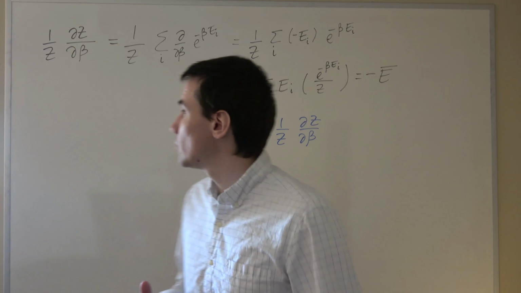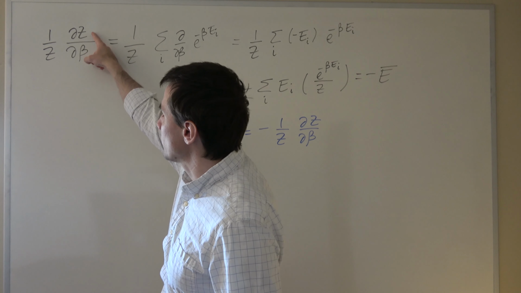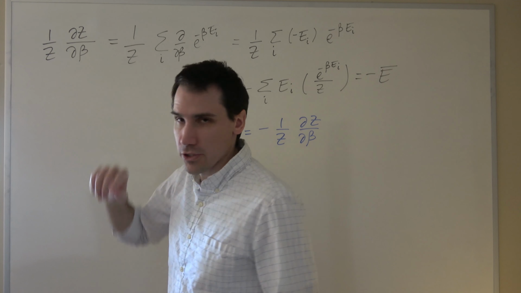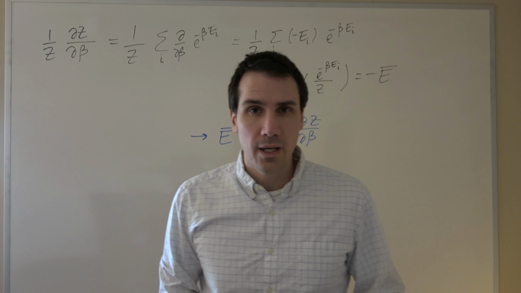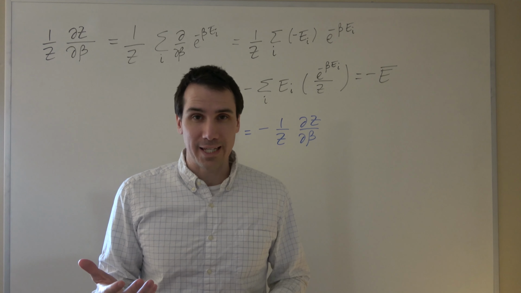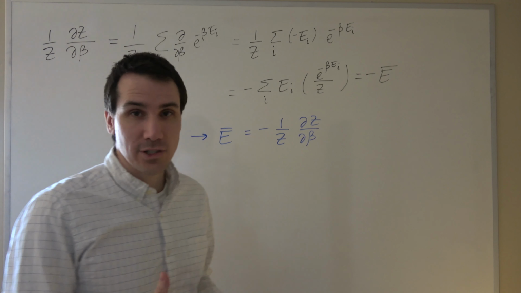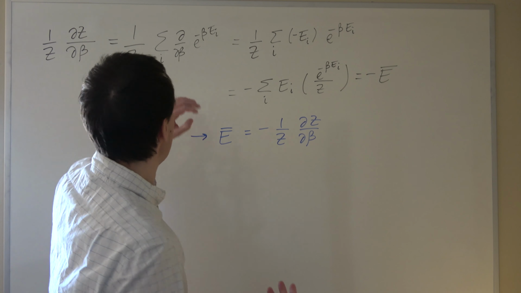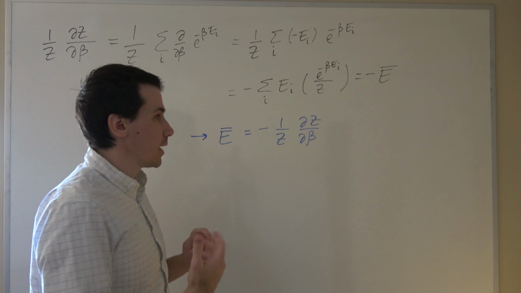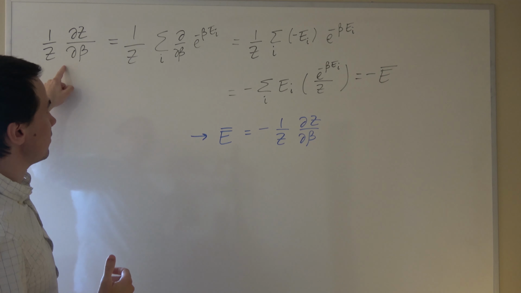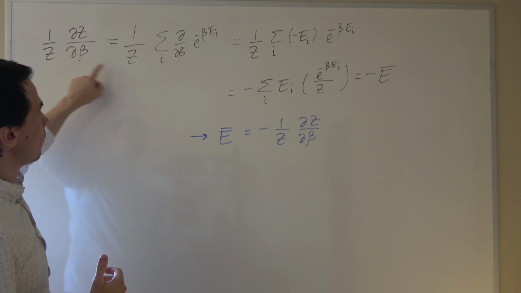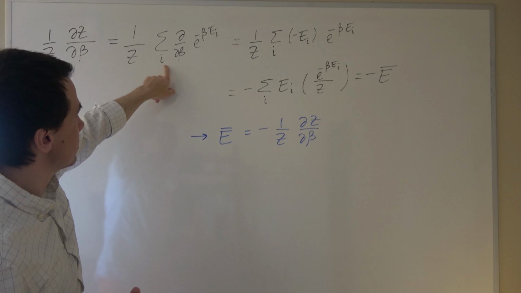So what we're going to do is look at the partial derivative of the partition function with respect to beta. If you remember, beta is 1 divided by kT, but it turns out that it's actually handier to write it in terms of beta because of this trick. Okay, so if I take the partial derivative of Z with respect to beta,